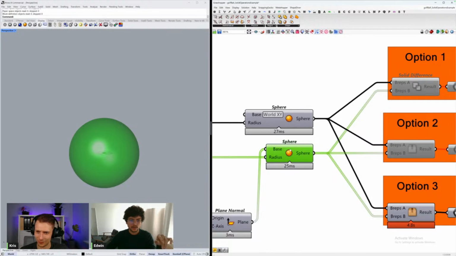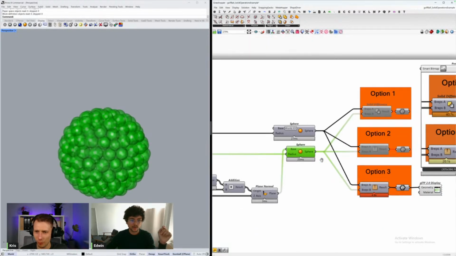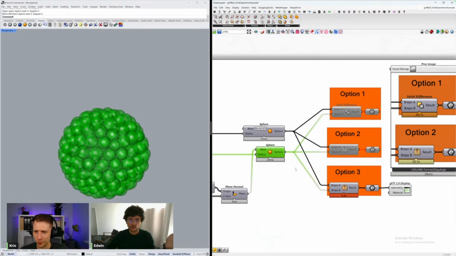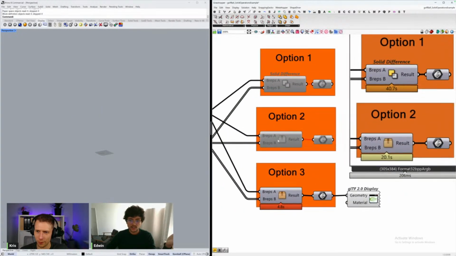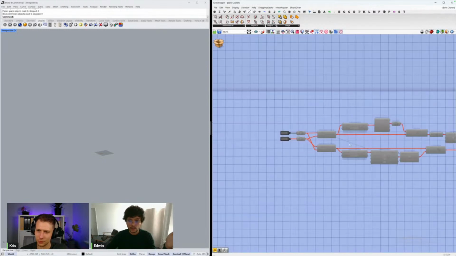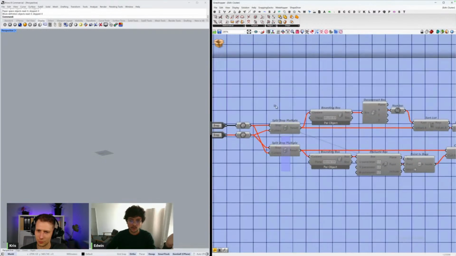Here it is loading the rendering. That's something I also have to explain later. Okay, so we are doing this subtraction. The second option that we have here uses this split method. This one still takes some time, 20.1 seconds, but we have already cut it in half. I'm disabling all of this again because otherwise it would take a while.